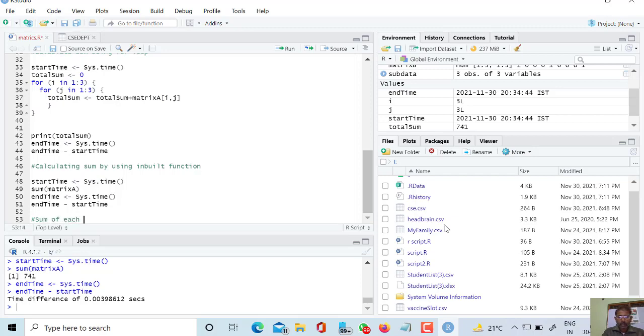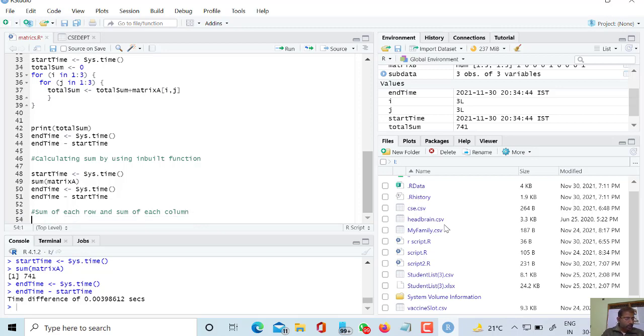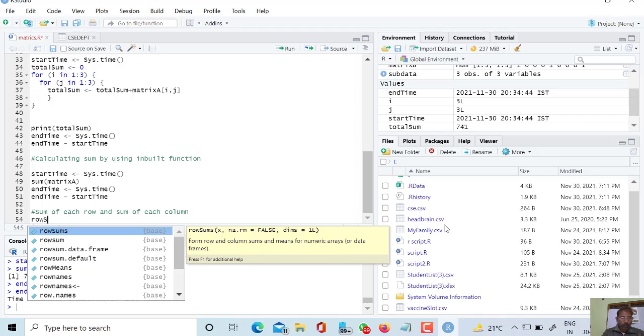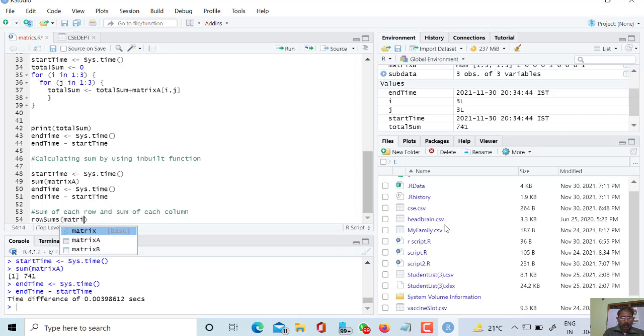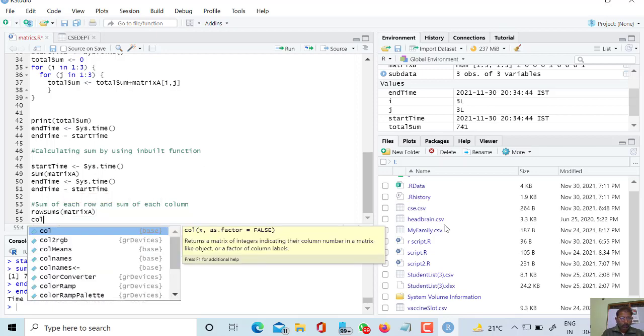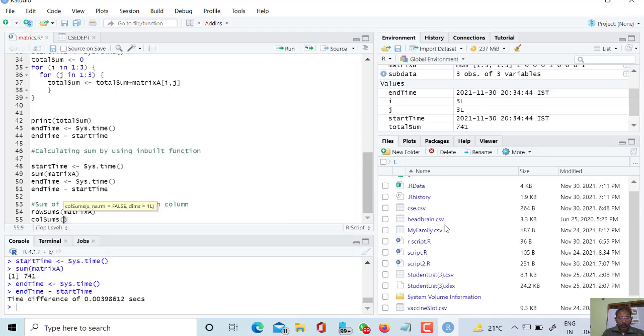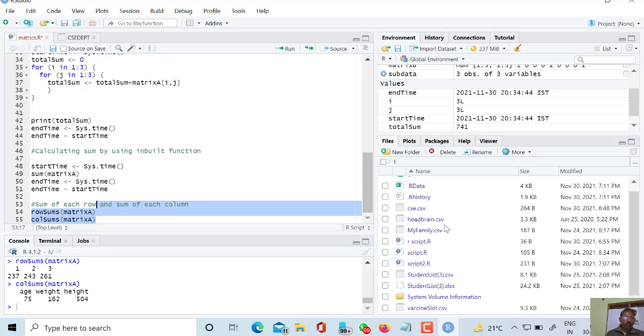So there is a very simple command, rowSums for matrix A, and similarly colSums for matrix A. So this is the value for row sum and column sum here, and this is first row, second row, third row, and this is the sum, and this way we can get the sum of all these columns.